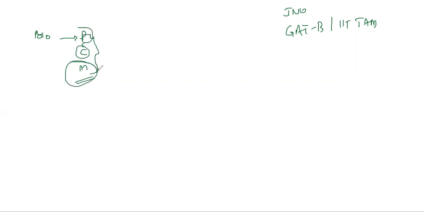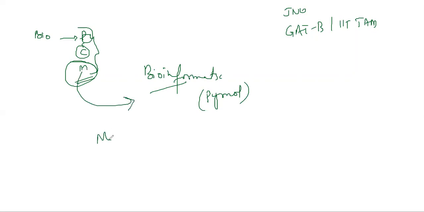Suppose in future you want to go for bioinformatics. You must have heard of bioinformatics, right? I have mentioned to you about the pi mole in a few lectures back. So bioinformatics, where the sequence is given and you try to generate the phylogenetic tree, etc. Everything is based on your maths. And in the maths, you must have heard of matrix and determinants. So to do bioinfo, you need to know the maths.